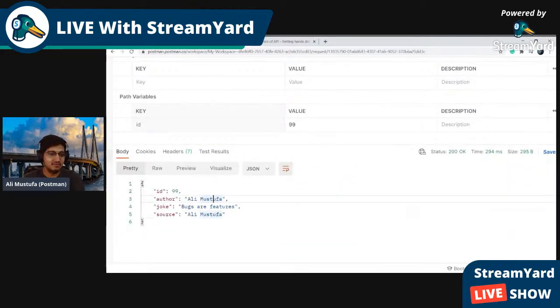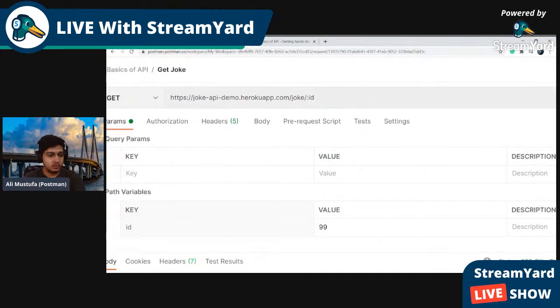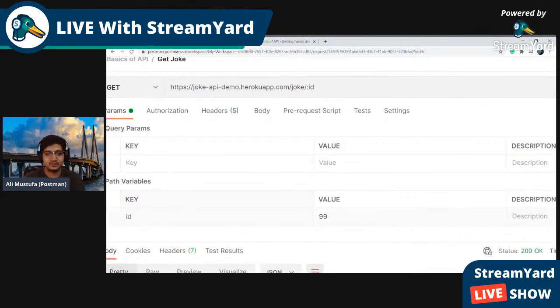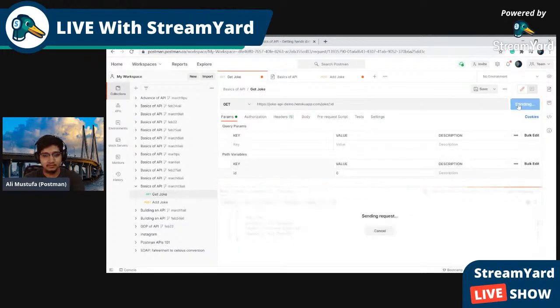And I can see my joke is added here. I see Shivani with ID 6. What about Mugda? What is your ID? ID 6 here. Okay, let me add ID 6 there, and then let me hit a send button there. I don't see it. Can you try adding it in, Shivani?